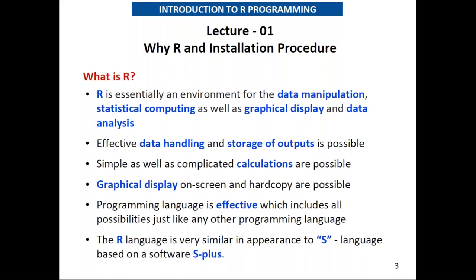So the outputs can be displayed in graphical form on screen, and you can also store those graphical formats. And it is an effective programming language, which includes all possibilities, just like any other programming language.